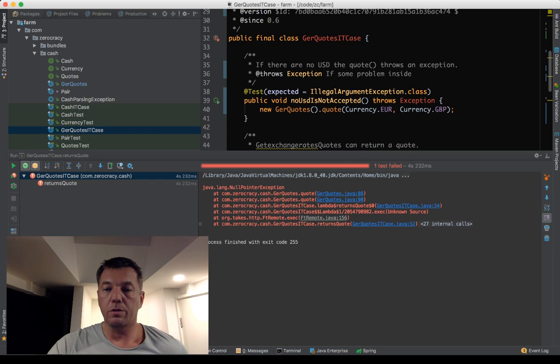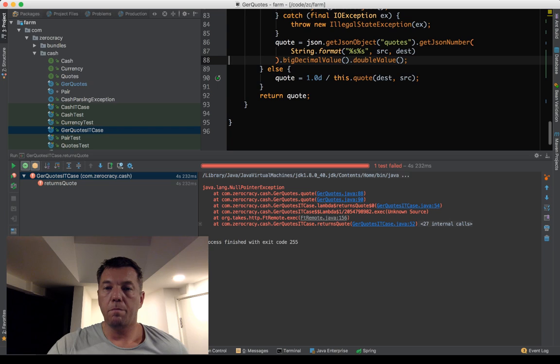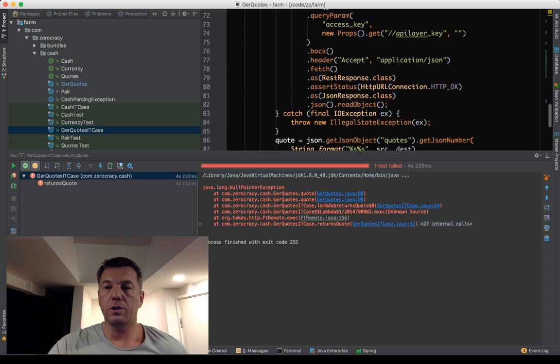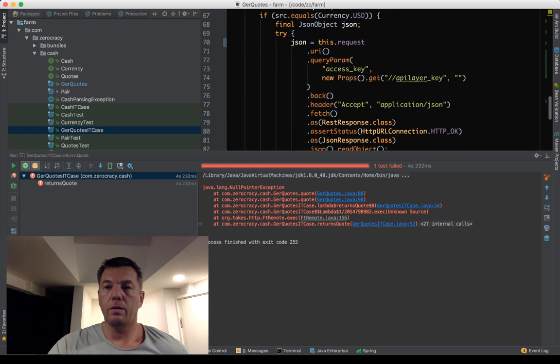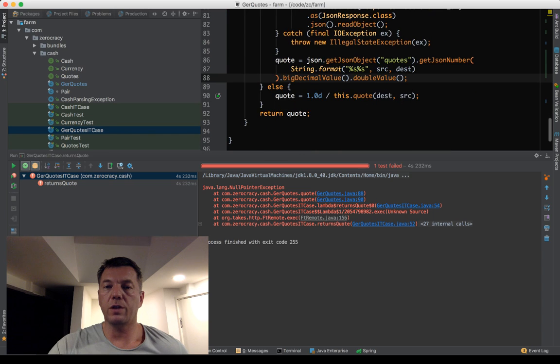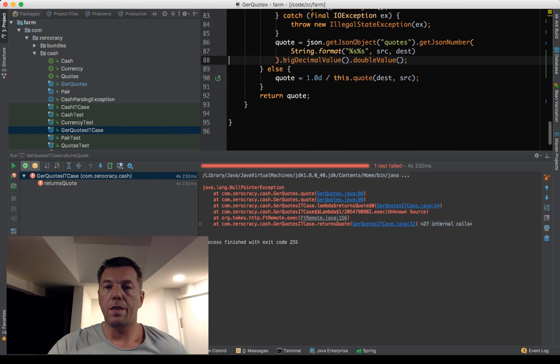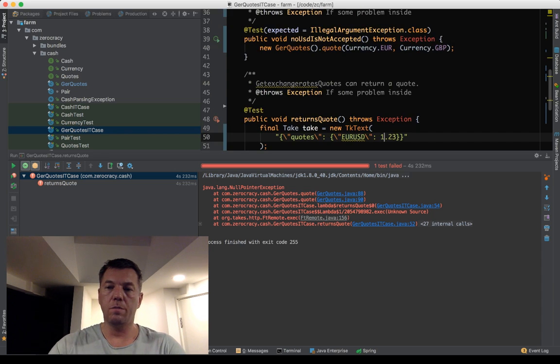Null pointer exception here. Big get JSON number, quotes, get JSON object, quotes, get JSON number, source and destination. So for some reason we're getting null from, I guess, from here. I don't know, maybe I need something like that.